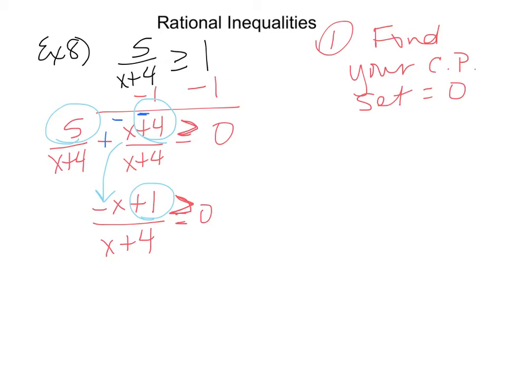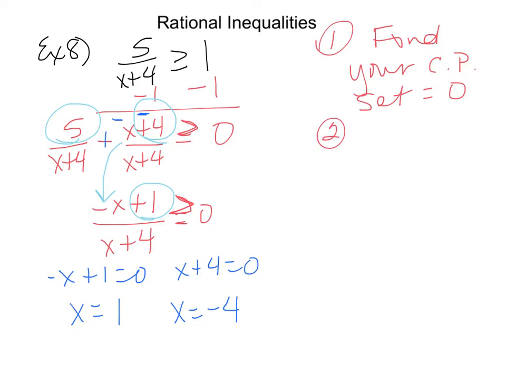Cool. Now, when we set up our critical points, we're going to set the numerator equal to 0 and the denominator equal to 0 to find our critical points. So for the bottom, I get x is equal to a positive 1 because you add x to both sides, and then you subtract the 4, so x is equal to a negative 4. Then you use that for your number line. And then the same thing happens with this. Step 2 is do your number line